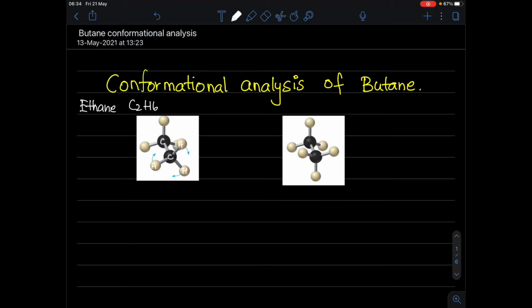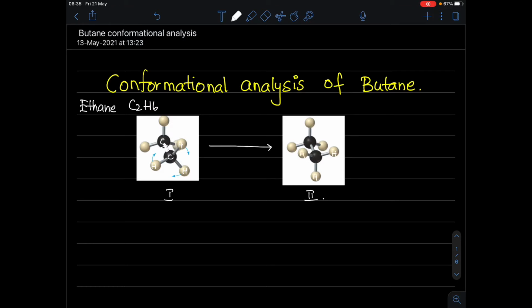So if you see the structure, the two carbons are connected through only one single sigma bond. So they can rotate independent of each other across the C-C bond. If I rotate the molecule through a certain degree, I'll get a different structure. So let us call these structure 1 and structure 2. What's the difference between these two structures? If you observe, the positions of the hydrogen atoms are different in space.